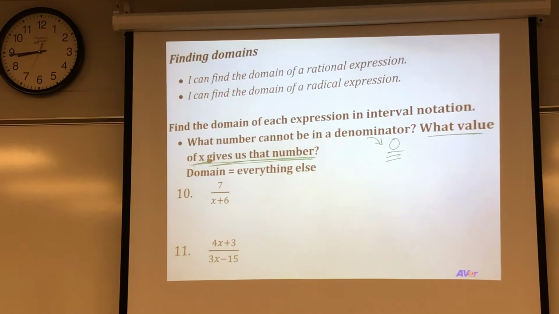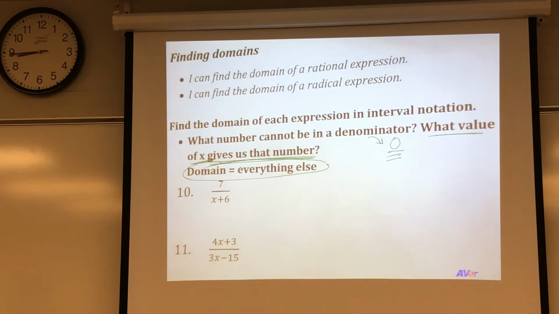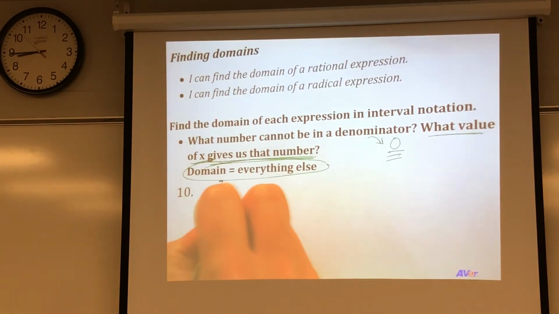Once we figure out what value of x gives us 0, that number is bad. That's the one we want to exclude. So then our domain will be all the other numbers, except for that bad one. The easiest way to find that out, if you have a fraction, is to set the denominator equal to 0, because that will tell you what